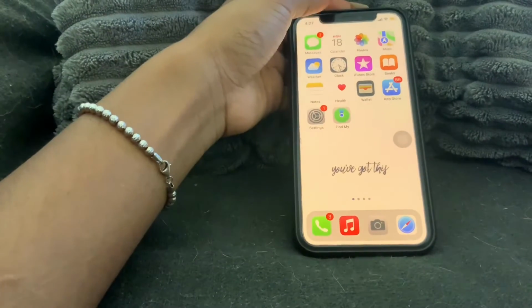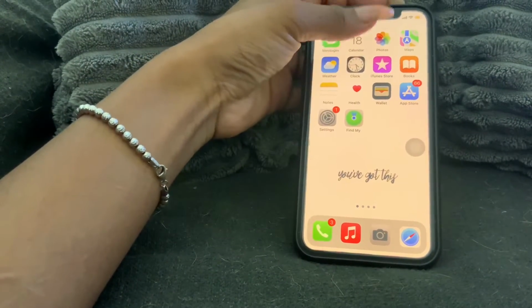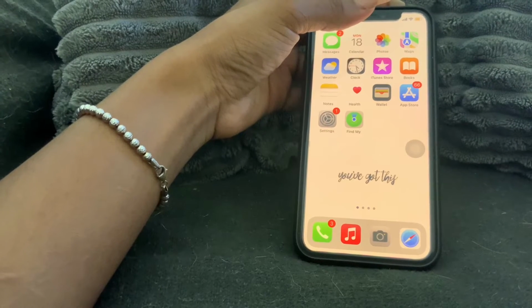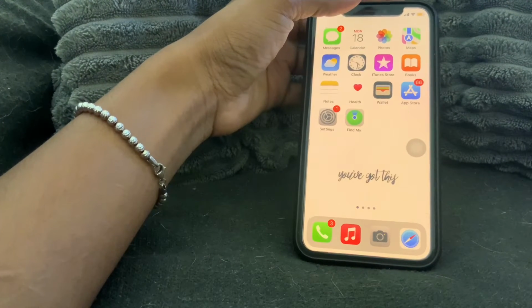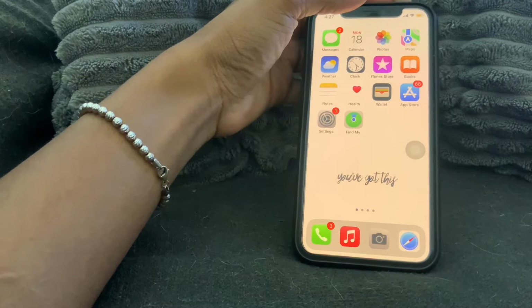So I actually, what am I trying to say? Sorry, I'm a little high, so I'm acting a little slow right now. But oh gosh, I just lost my train of thought. But anyway,